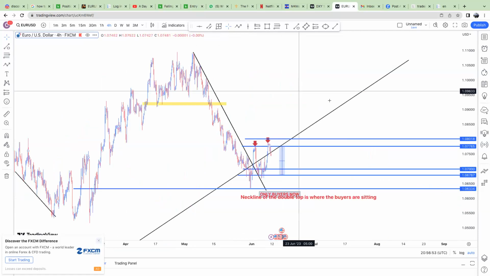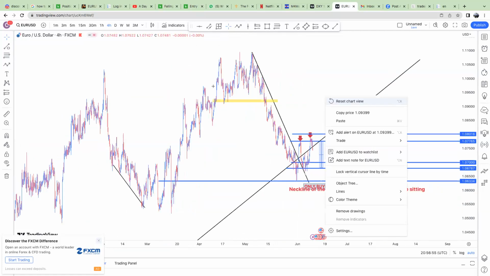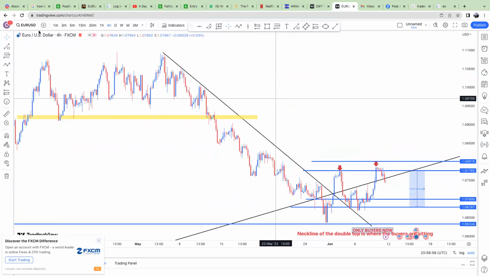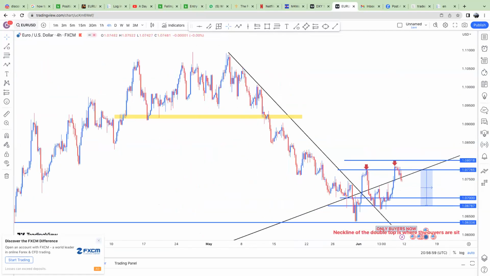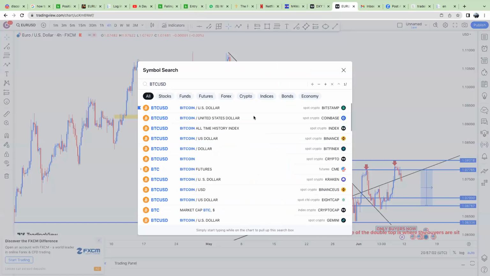All right, so that's what I'm looking at for Euro USD. And another reason I am still bearish on the dollar